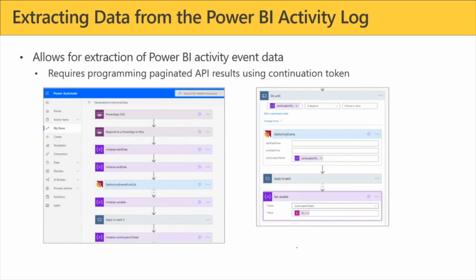And then we saw one other example, and that was trying to get data out of the Power BI activity log. And once again, that's an asynchronous pattern because they give you a continuation token. The idea is we can't give you all the data at once because there's too much to give you in one HTTP request. So we give you back a continuation token so you can make another request until finally you get back a reply that doesn't have a continuation token, and now you've got all the data.